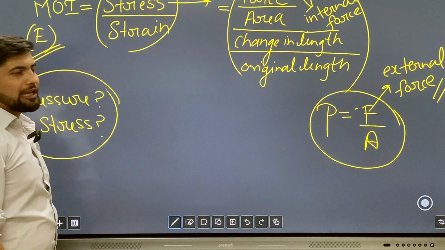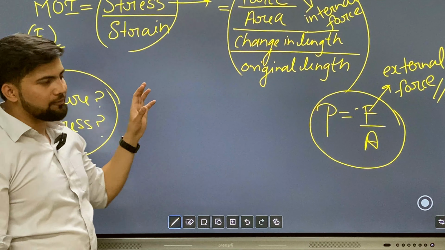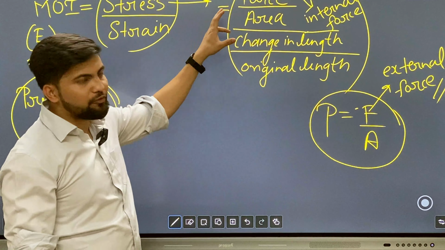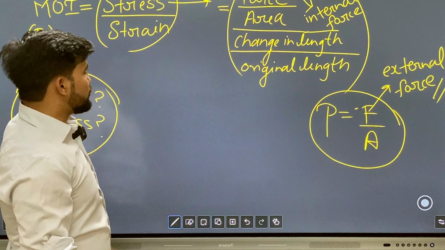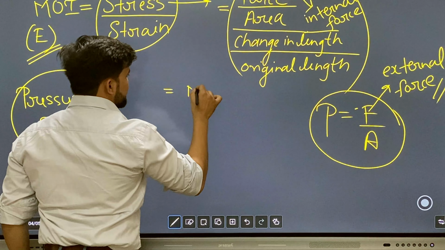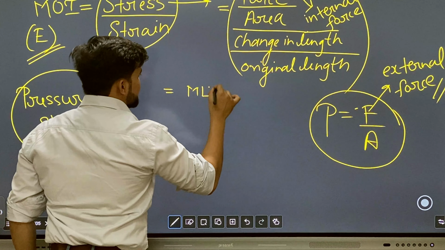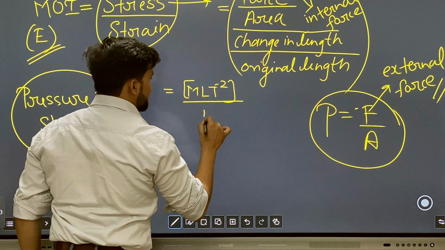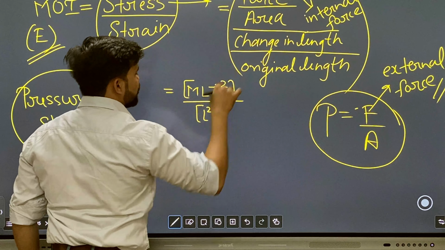So now we are going to calculate the dimensional formula. It means if you want to calculate the dimensional formula, at least you should have a very thorough knowledge about the formula of that physical quantity. So force, again we can say the dimensional formula of force is given by force is equal to mass multiplied by acceleration. So we can directly write it as MLT minus 2 divided by area. Area stands for L2, whole divided by